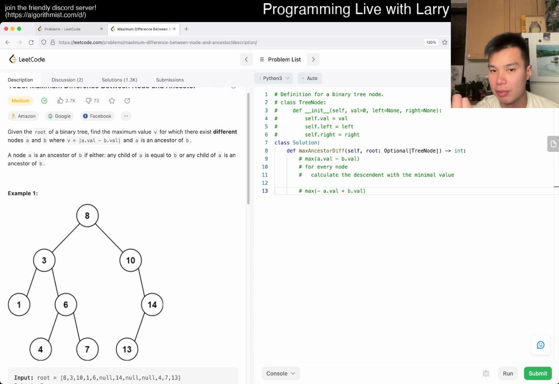So we maximize one of those two, right? And then for this one, it's the same idea. Here, we want this to be the max that we can be, and this is just the value that we calculate. So that means that for every node, calculate the descendant with the maximal value. That's basically one way to break it down, and I think that's the way that I'm going